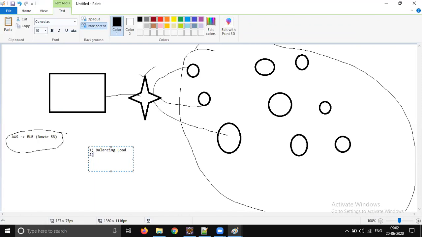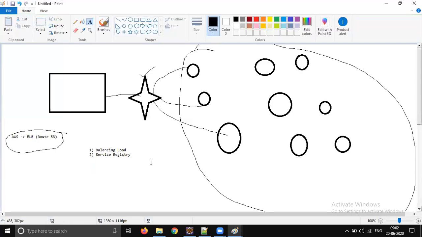And the second very important concept is that every time you spin up a new instance, that instance has to be registered in the load balancer. That concept is called service registry. A load balancer cannot do the service registry, so we need some manual intervention to take care of that part.